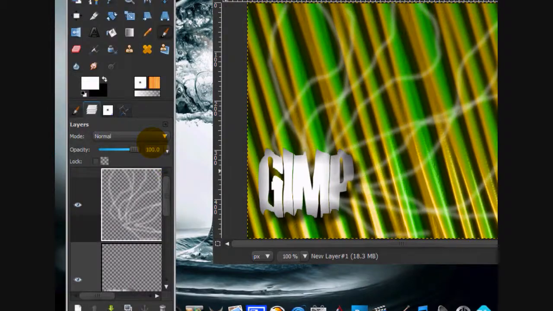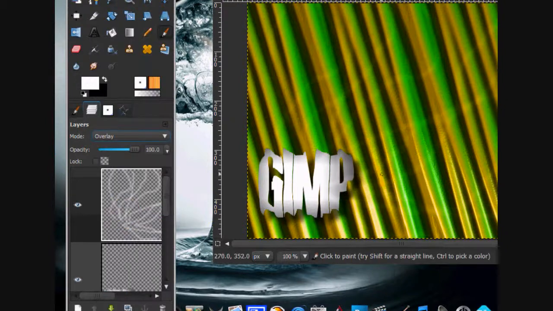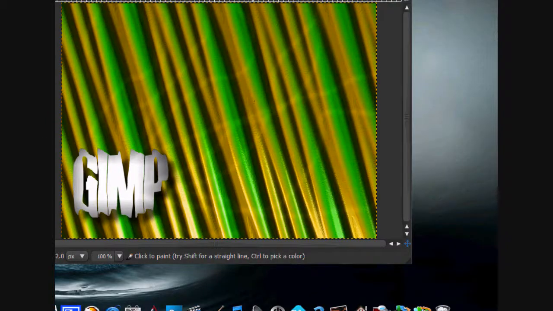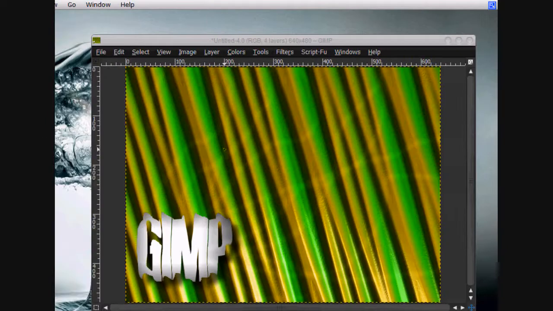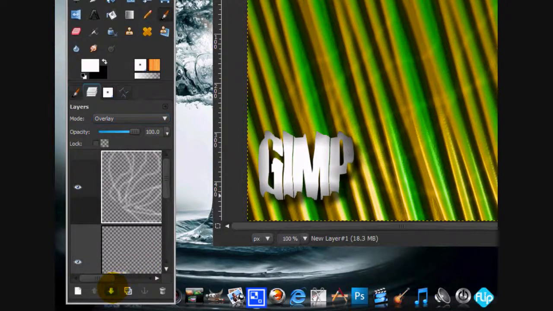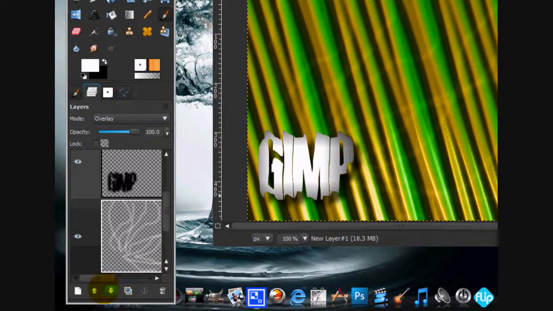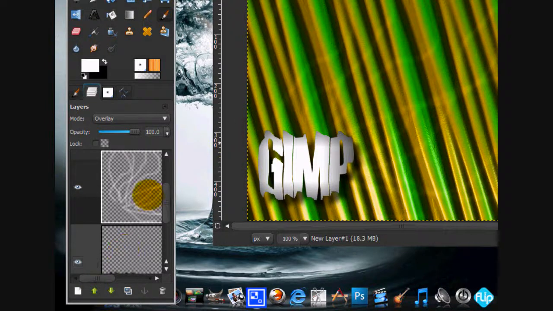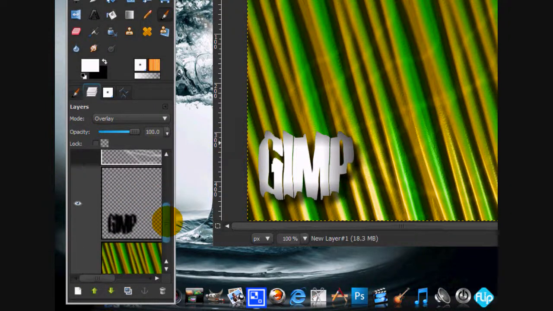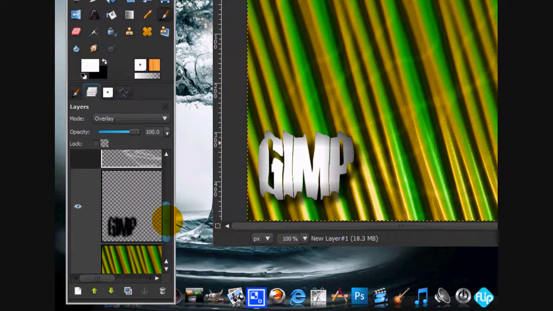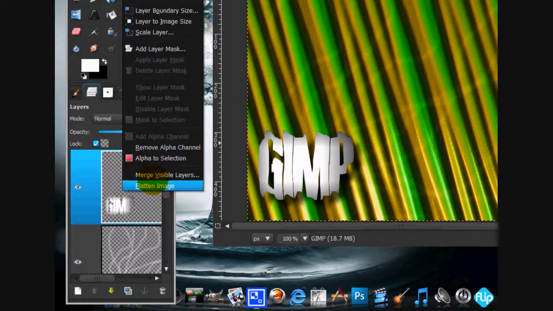Alright, and we're going to put the layer mode on overlay. And it's hard to see, but it really adds a nice background effect. And I'm actually going to put that in between the text layer and the shadow layer. And that's it. You can merge visible layers,